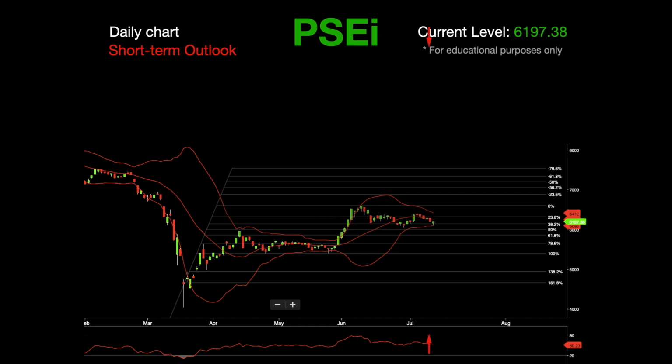We can also see a narrowing of the Bollinger Bands, which usually suggests an imminent volatility, either to the upside or downside, just like what happened last early March and late May this year. If the index chooses to go higher, we have 4 key levels of resistance to eye for in the short term. The first 2 immediate levels are at 6,318 and 6,610, followed by 6,890 and